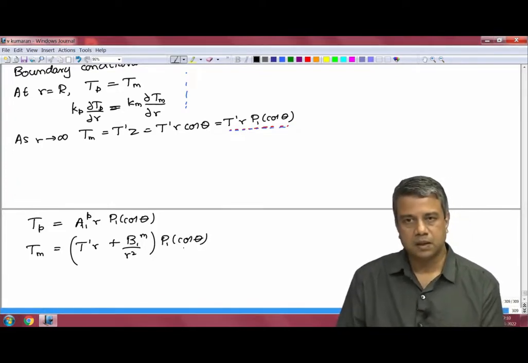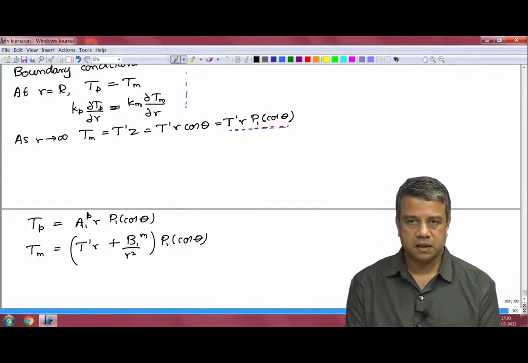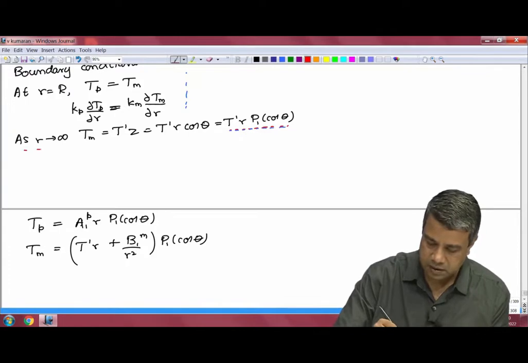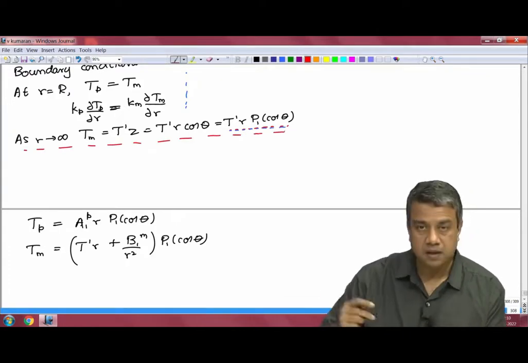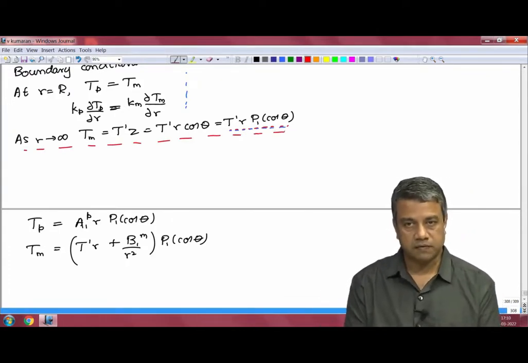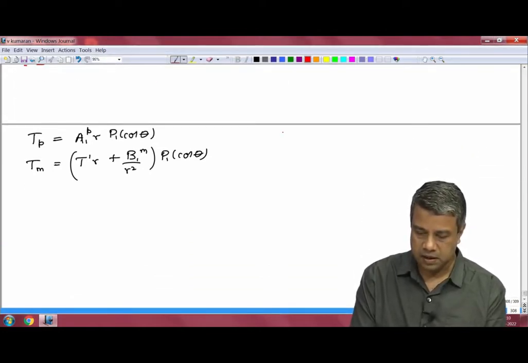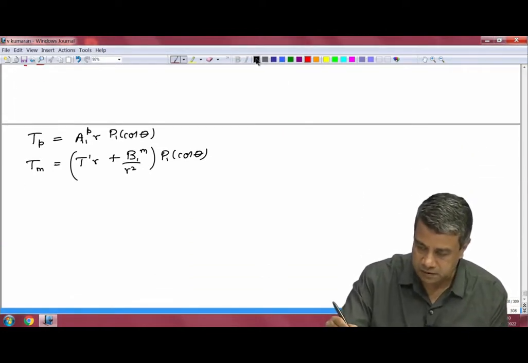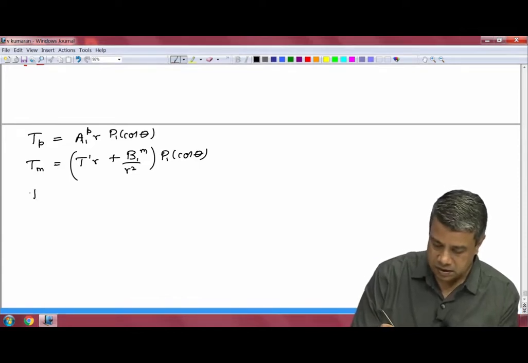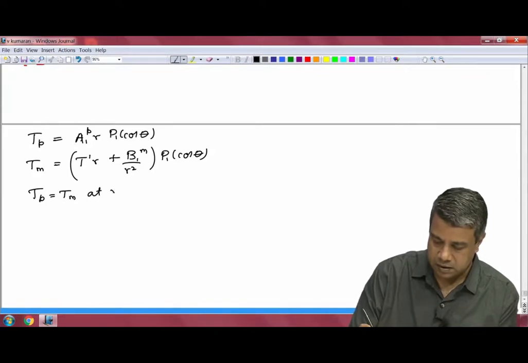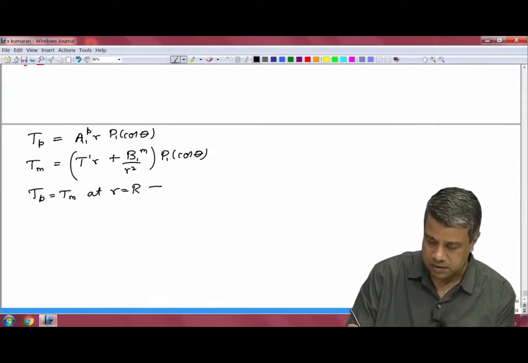This now satisfies the equation as well as the boundary condition at infinity. And now these A1P and B1m will be determined from the conditions that Tp is equal to Tm at r is equal to R, which implies that